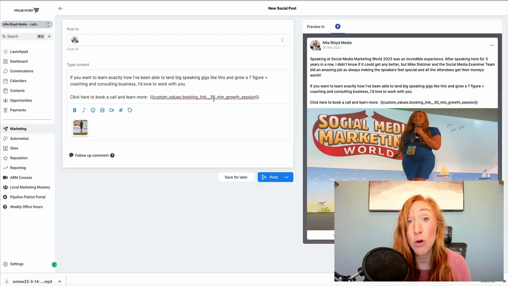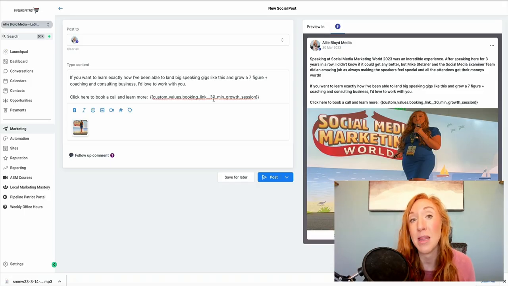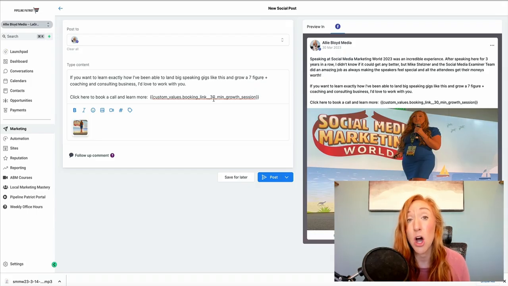You can write even little paragraphs with custom values. So if they're ever talking about a specific product or service, maybe they can select a custom value that says service one benefits, and they can just insert that in. So this is a great way to replicate yourself. Make sure that you don't make basic typos, especially in your links,